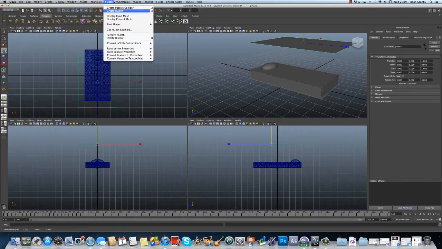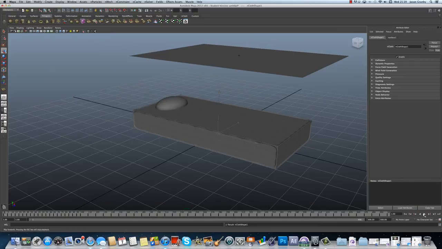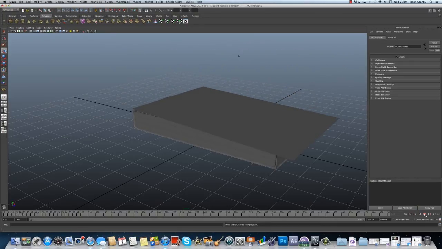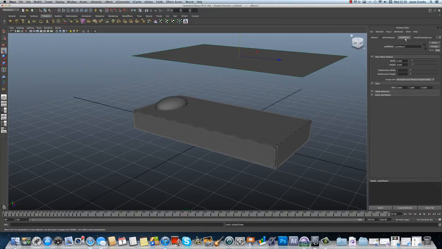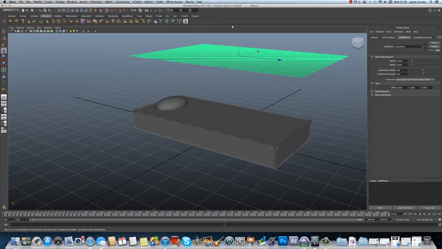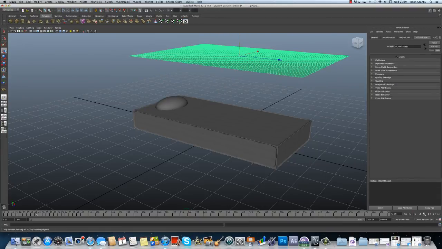and then turn the pillow back into a passive collider and the duvet into an end cloth, play it and see what effect we get. Oh yeah guys, forgot one thing. Obviously we need to go back before we turn that into an end cloth, come to polyplanes and set the subdivisions again to 100 by 100, select it, End Mesh, End Cloth, and then if I play it, you'll see,